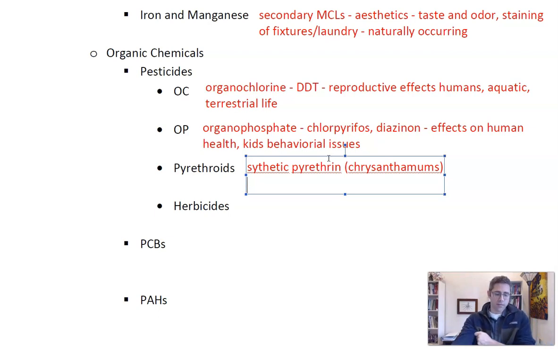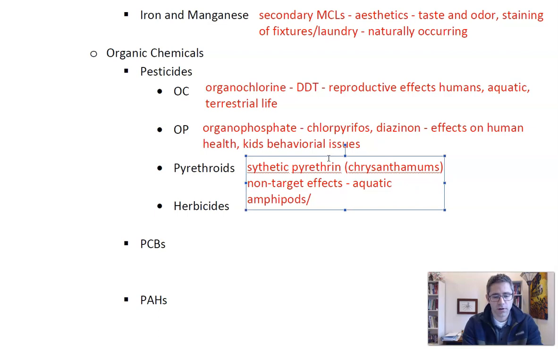So the main issue for pyrethroids is what we call non-target effects. We have a target organism that we want to kill with pyrethroids, like ants or roaches or whatever. But it turns out that there's other bugs around that we don't want to kill, and other things around we don't want to kill. So bees is one example, but another one is that we've seen is aquatic